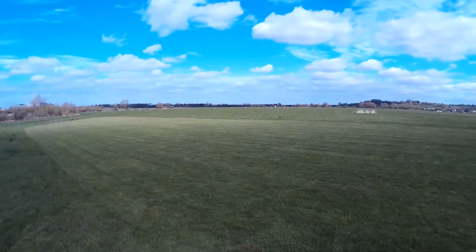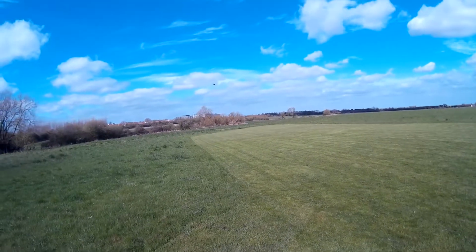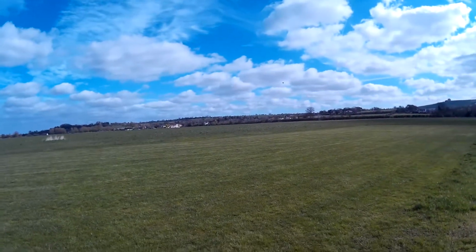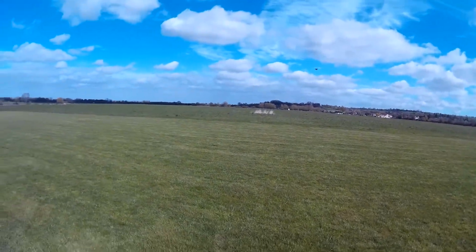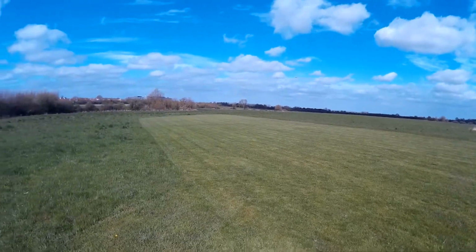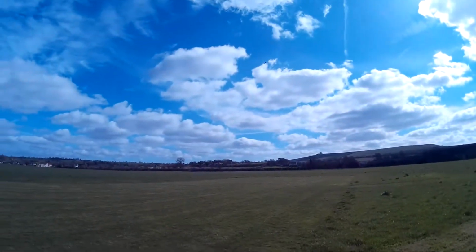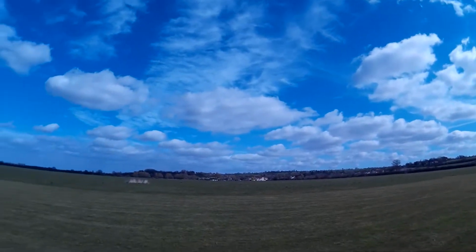I don't really know what happened last time. It might just have been that it was quite low. There's a little brow in the hill here, and 2.4 gigahertz signal propagation is not good if the model is below where you are. Also, the receiver is in the opposite, both parts of it are on the opposite side of the plane, so there could have been a bit of model blanking going on. So I think for now we'll just call that the most likely probability, and just fly it and enjoy it, eh? It is such a blooming fantastic design